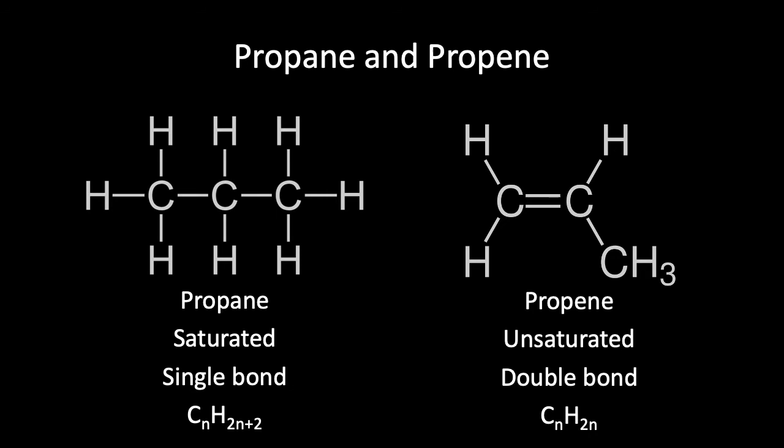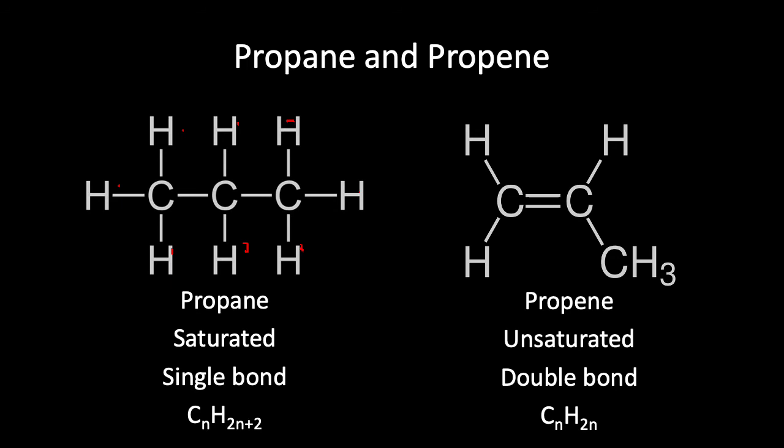Here are the answers then, guys. Propane is on the left hand side. It has 3 carbon atoms because monkeys eat peeled bananas. Meth, eth, prop. So prop means 3 carbon atoms. So both propane and propene contain 3 carbon atoms. Propane has only single bonds in it. It's therefore saturated. And as we learned last lesson, it has the general formula of CnH2n+2, which means it will have a formula of C3H6 would be 3 times 2 plus 2 makes 8. So this has 1, 2, 3, 4, 5, 6, 7, 8 hydrogens in the molecule, so it will be